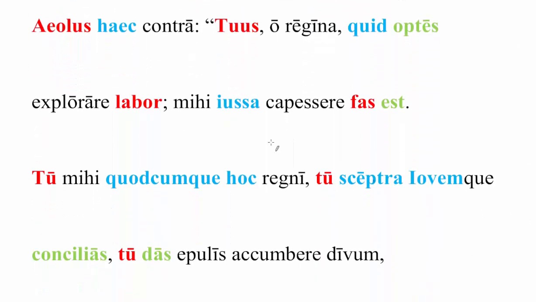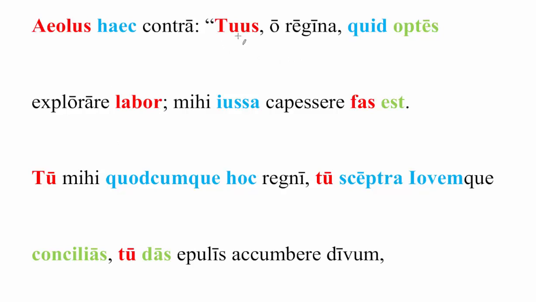So let us come now to Aeolus. We see there's no Thalia here. Instead, the fact that Aeolus pops up tells us the speech has ended. Aeolus haec contra. Once again, we see no verb, so we need to supply something like dixit. Aeolus said these things, and then contra is an adverb, in reply. And so now we start on what Aeolus says.